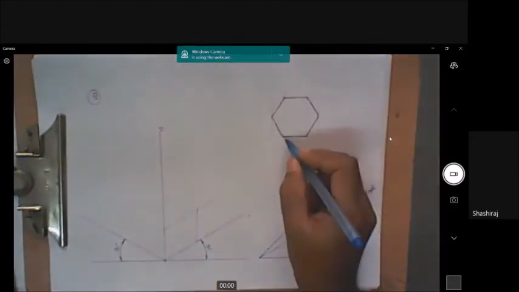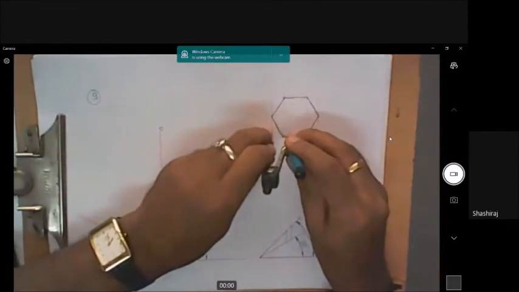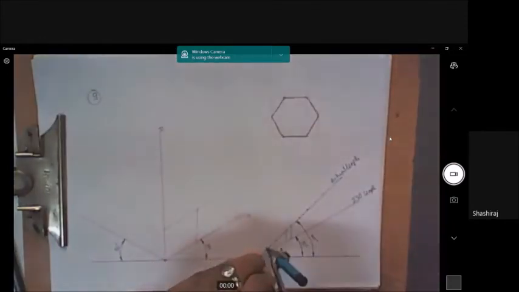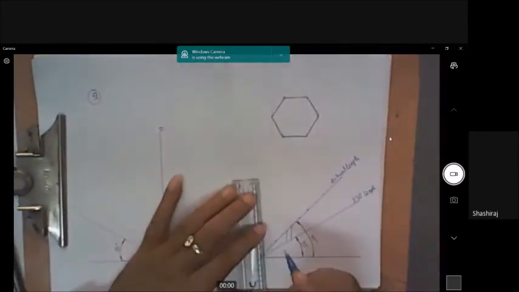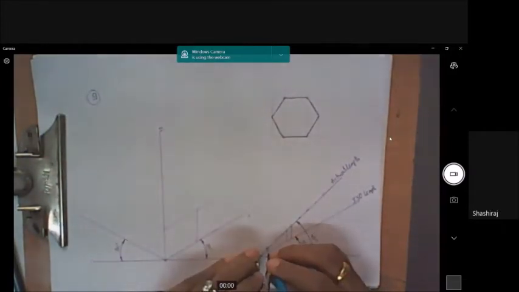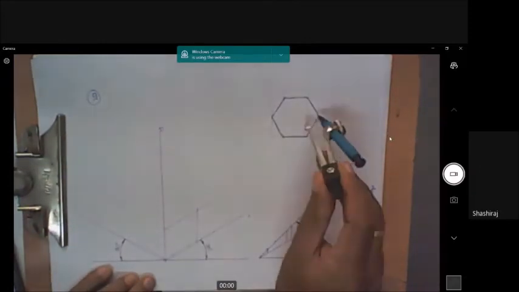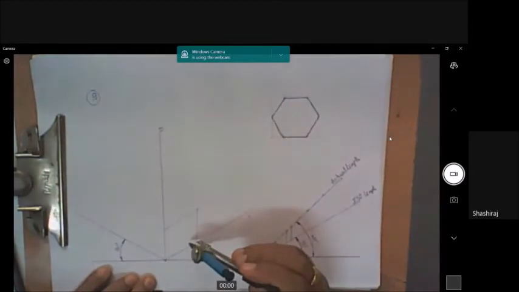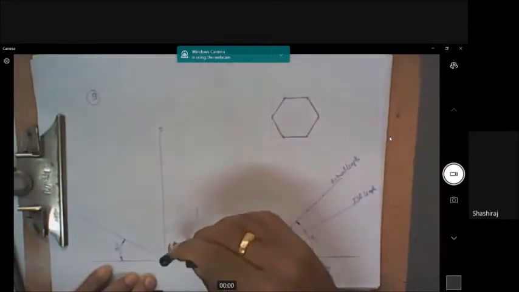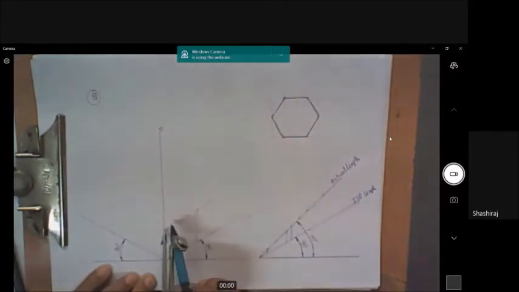I know that this point is at this much distance from this corner, so I have to take the isometric length of that. Isometric length is taken here. Vertical line here. We get the isometric length here, and you know that these distances are equal. So I'll take one point from this end, and one point from this end, and one point from this end.